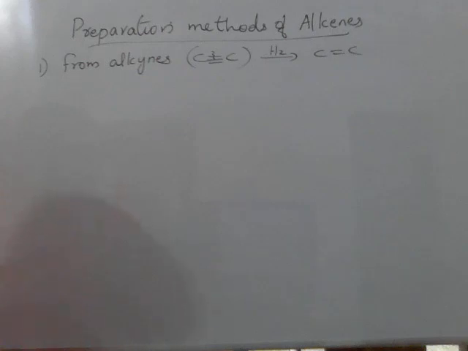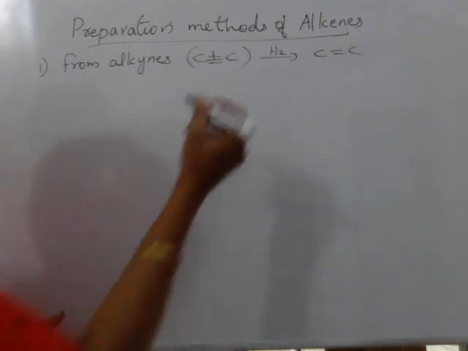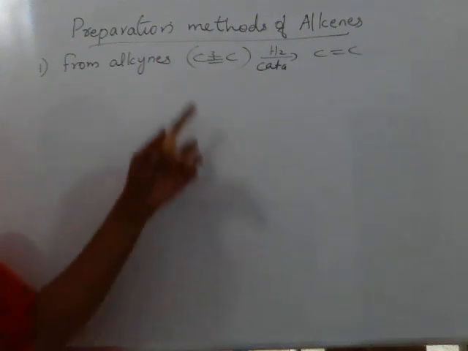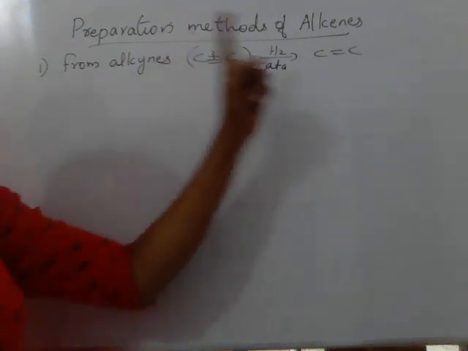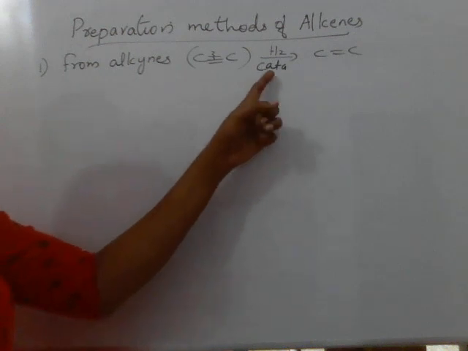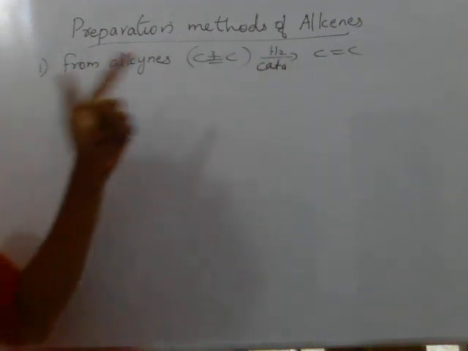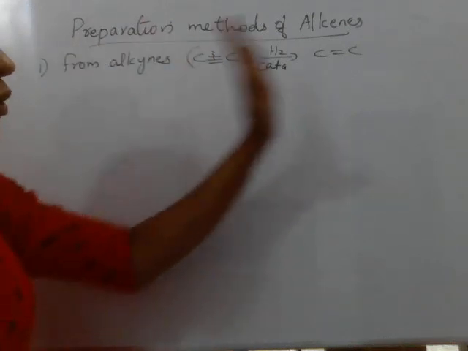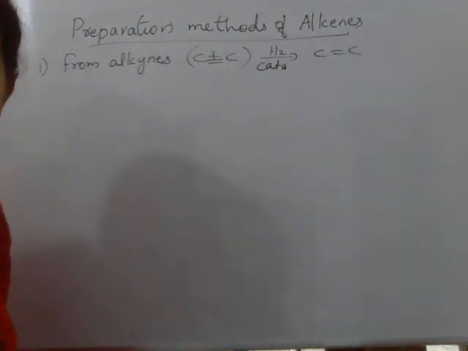of alkyne. This reaction, hydrogenation reaction, takes place in the presence of a catalyst. Hence, it is also called catalytic hydrogenation. Catalytic hydrogenation of alkynes to get alkene should be done carefully because only a calculated amount of hydrogen should be taken in the reaction, and the catalyst should not be highly active. If the catalyst is highly active and there is excess hydrogen gas, what happens? Both of the pi bonds of the alkyne break, and the product will be not alkene but alkane, a single bonded